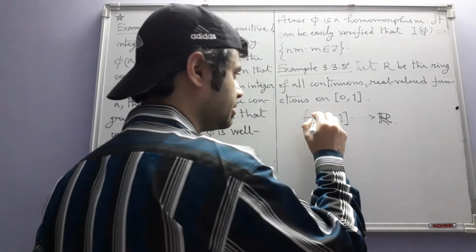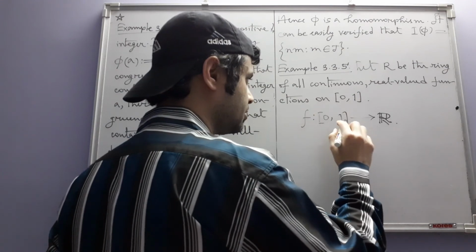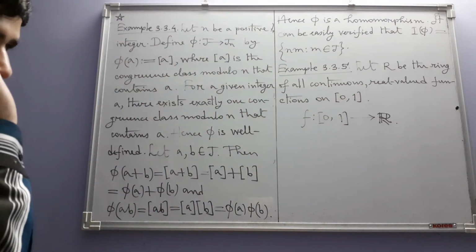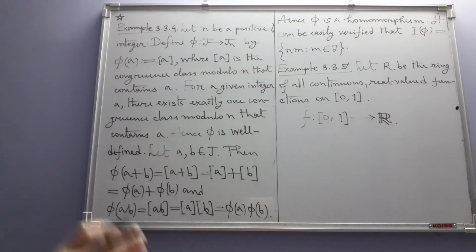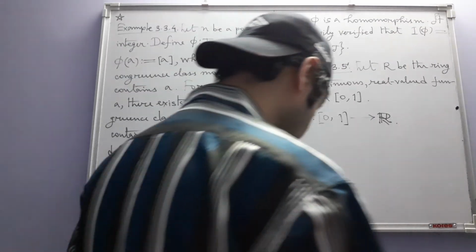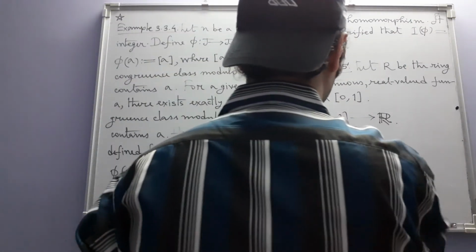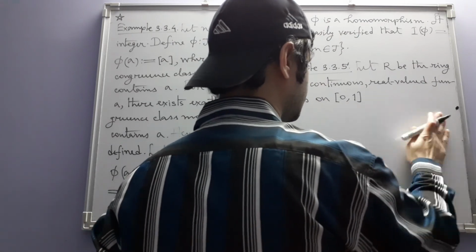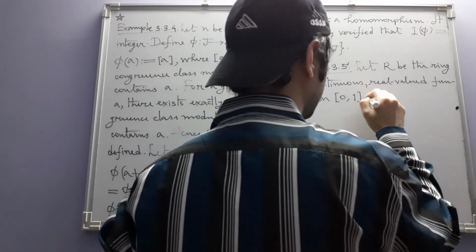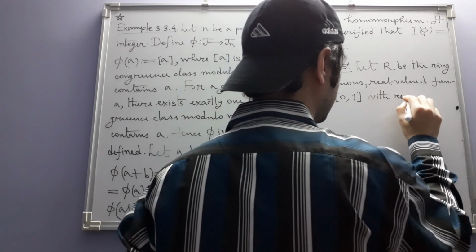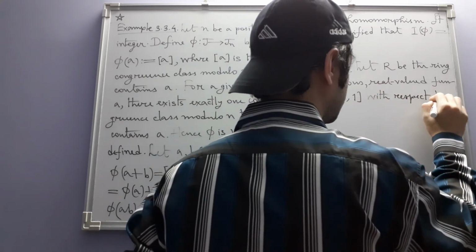At every point in this domain, the function is continuous. You already know what continuity means. Now, this is a ring with respect to what actually? We should write that, isn't it? Okay, it's better to add that with respect to